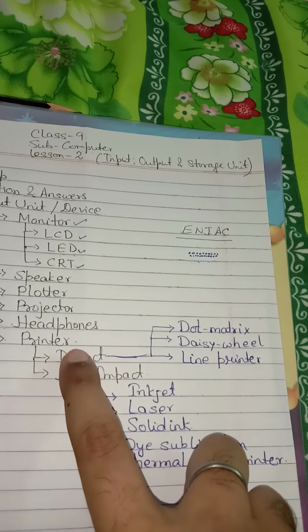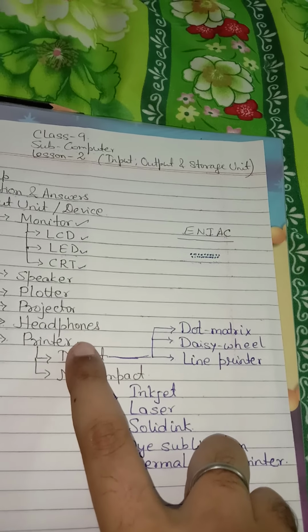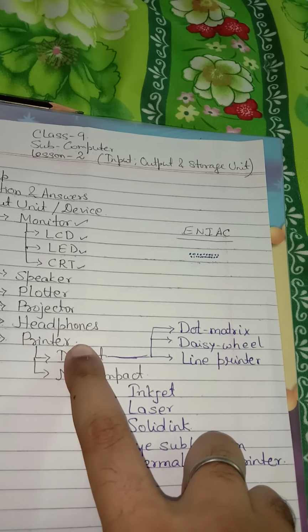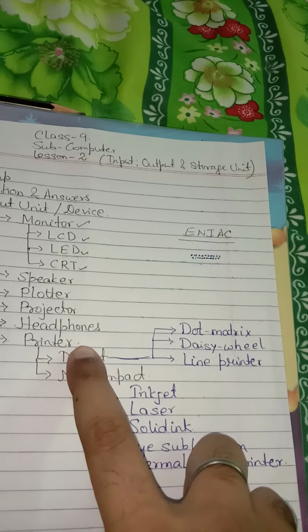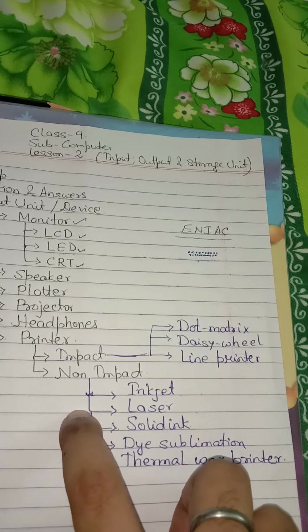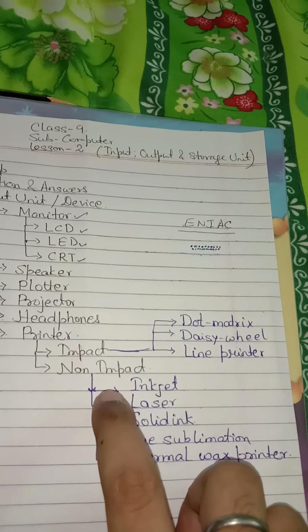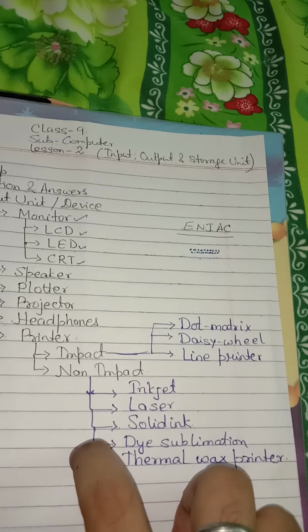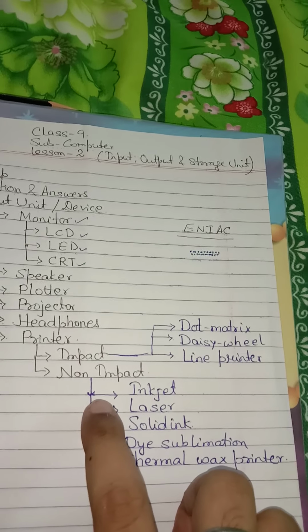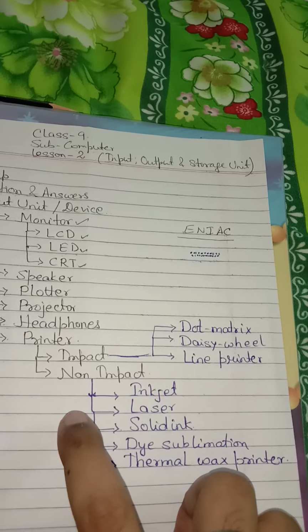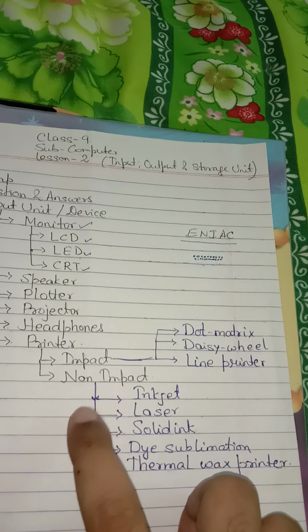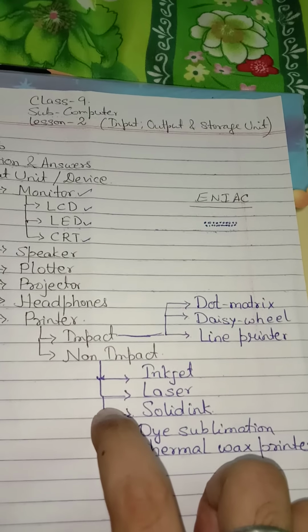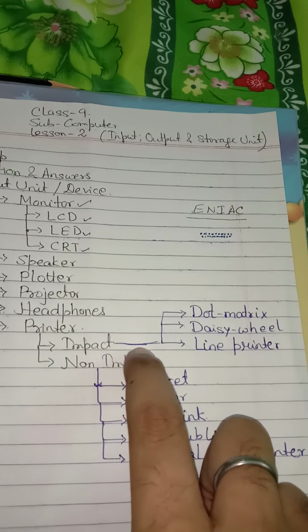The impact printer is the oldest printer. It is still in use. It is low cost. The other name of impact printer is character printer. It prints by striking the printing head on the paper, character by character, whereas non-impact printer generally prints slowly because of the slow mechanical movement of the print head. It generally does not touch the paper. It produces high quality output without noise, and moreover it also prints colored images and graphics. Now we come to the different types of impact printer.